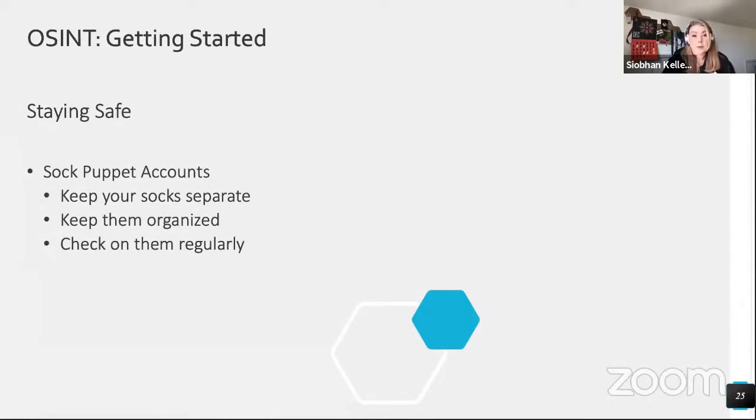You also should not friend your SOCs. Your SOCs should not be friends with each other. You should not be friends with your SOCs. Your SOCs generally shouldn't be friends with people that you actually know. And if you log into your personal account on your burner cell, it's no longer your burner cell. You've now made that obsolete, so you need to change it again.